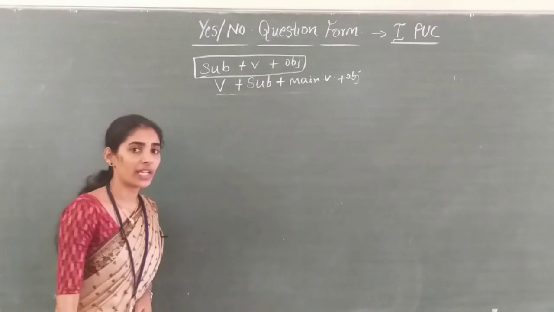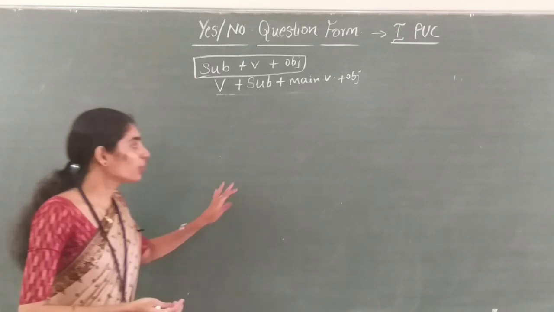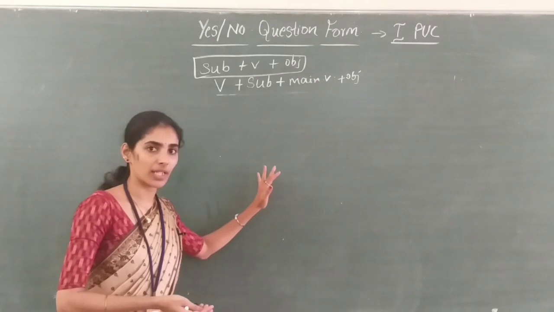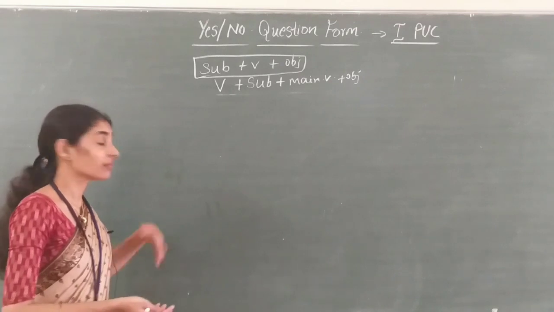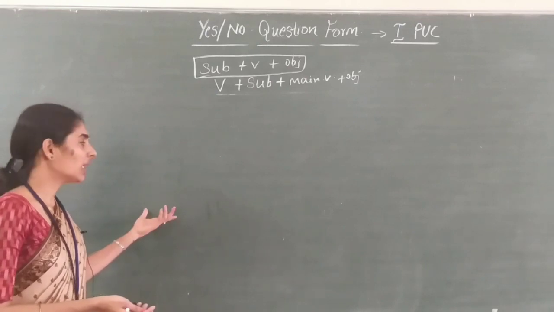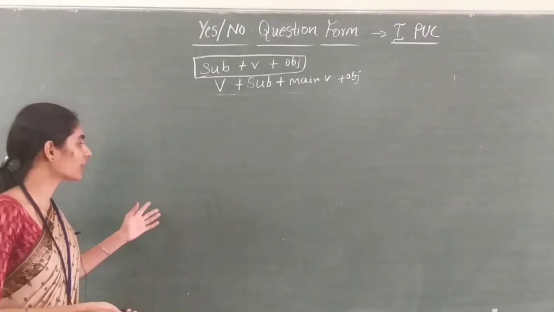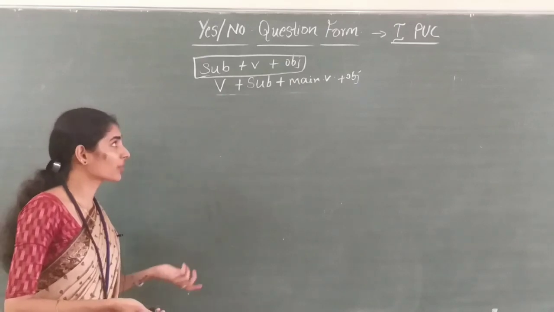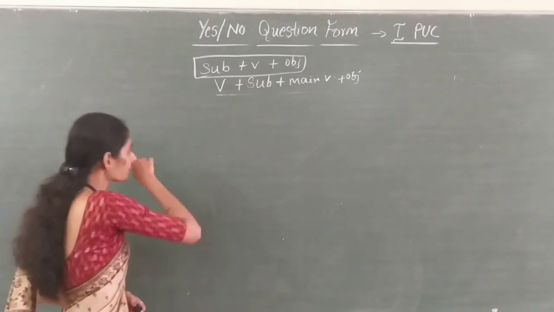As I told you in the very beginning class while discussing WH question form, that do form also comes under yes or no question formation, but I'll discuss that later and separately. Okay, and the questions that begin with helping verbs, be form or have form, will not be asked for question formation. That may be asked for error identification, but for question formation you will get from WH question formation and do form question. So, I will discuss that later separately. Okay. Now,